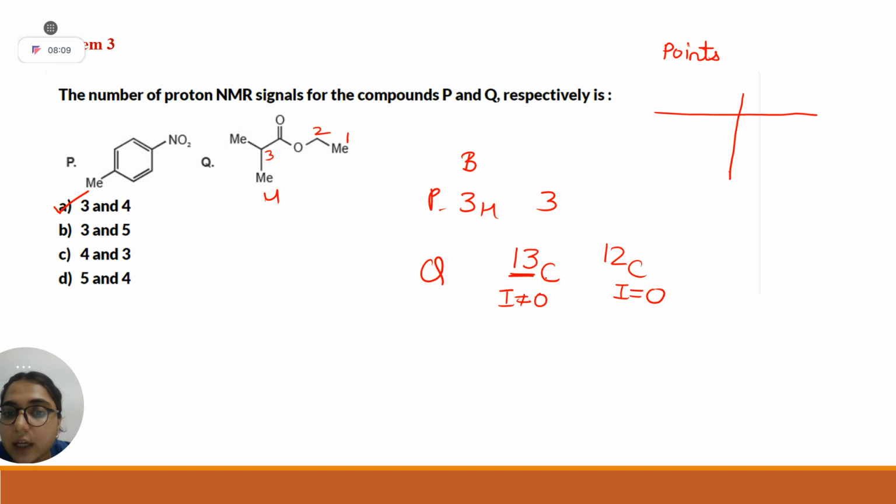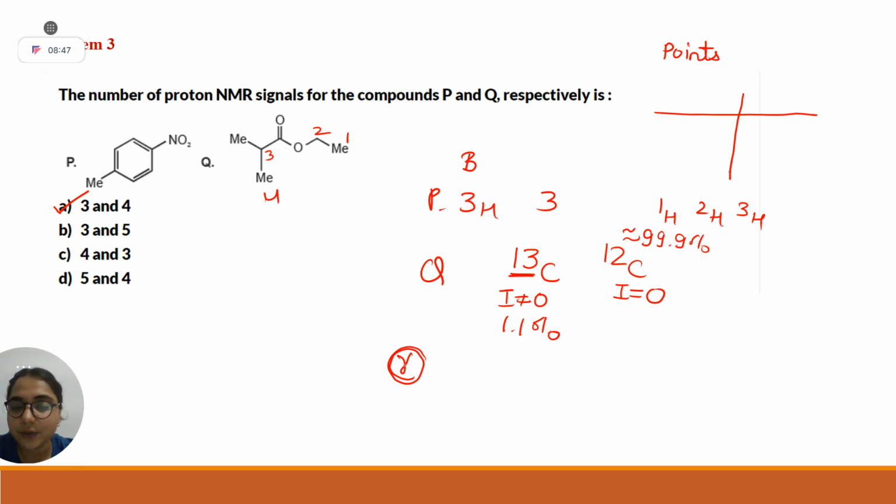Good. Very good. Now, if we talk about isotopes of hydrogen, 1H, 2H, 3H, the 1H abundance is almost near 100%. Yes or no? Near about. But can anyone tell me the abundance of 13C? It is 1.1 percent, ma'am. Exactly. It is 1.1%. So if you have attended Sir's lecture, he has told you the gyromagnetic ratio.